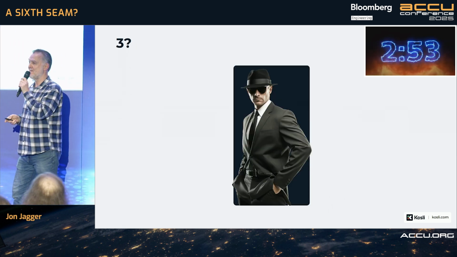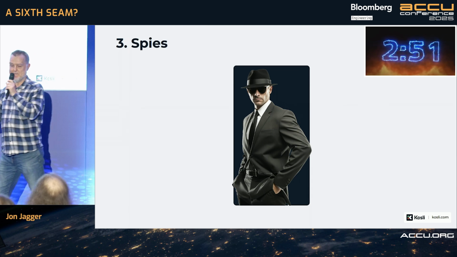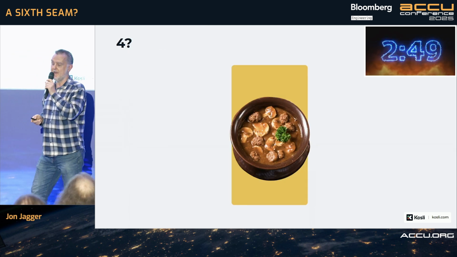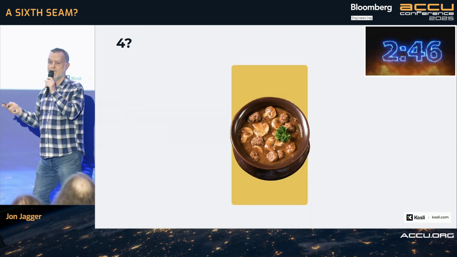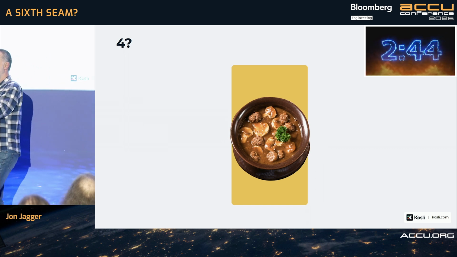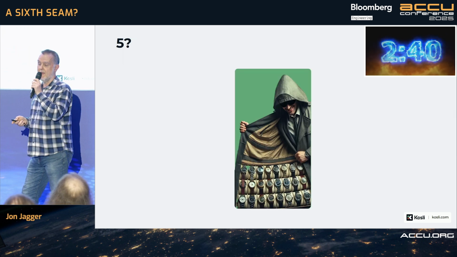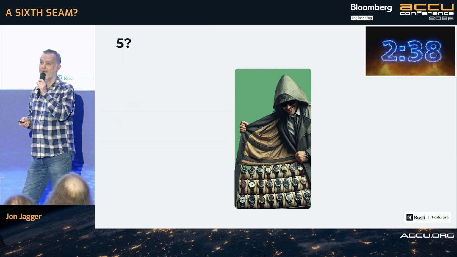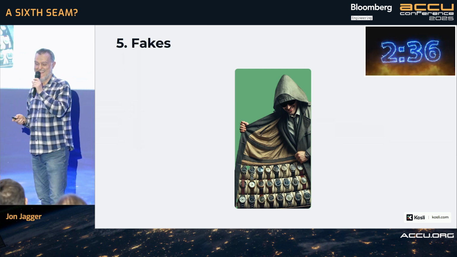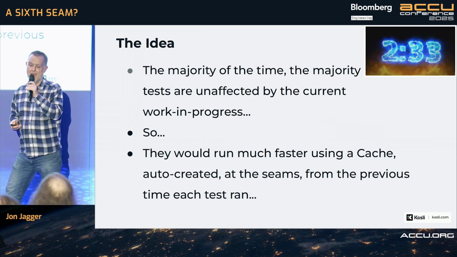What's this one? Spy. What's this one? This one's a bit trickier. It's a soup. What kind of soup? Might be a turtle, but it's not really a turtle. It is mock. And the last one? Fake. Brilliant. Fake watches.